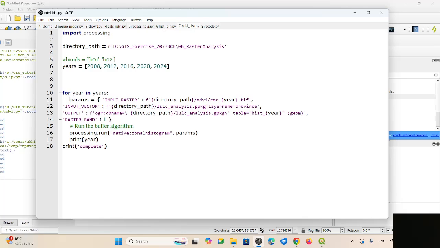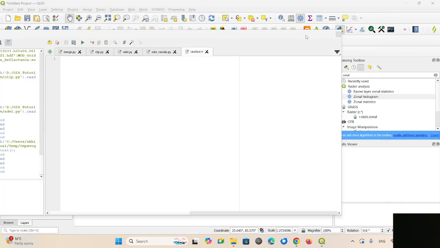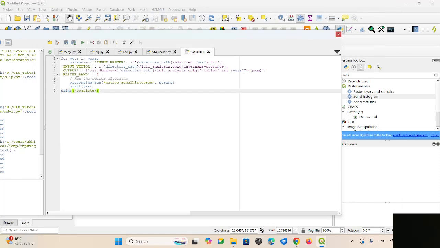In this histogram, we use these parameters and use the run. So I will show you. In this, we input the raster data. You can repeat by copying the log of the output of the zonal histogram. But